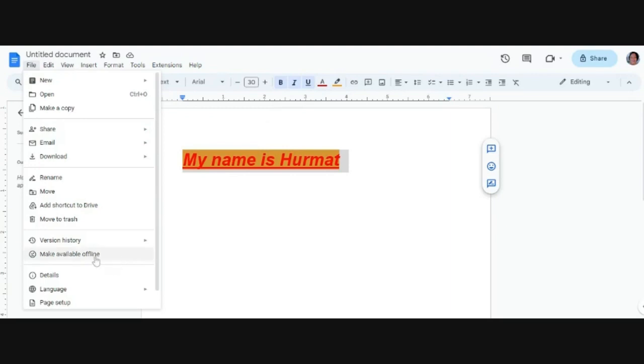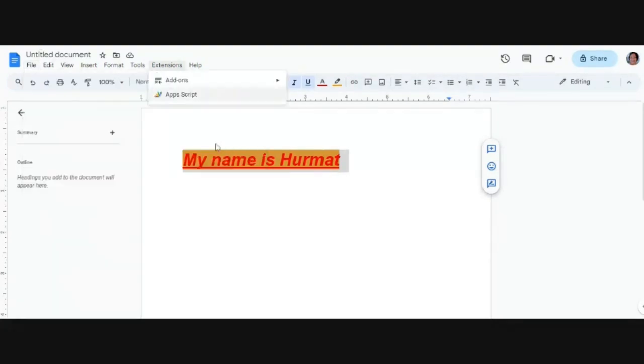You can also make it available offline so that even if you don't have data, you can use the document. You can write whatever you want to write down. The moment you get data, it will update by itself. So when you are using the offline mode, whatever you write, only you will see it. But the moment you get data on your phone and you turn on your cellular data, it will update for all your other team members to see it. So that is how Google Docs works.